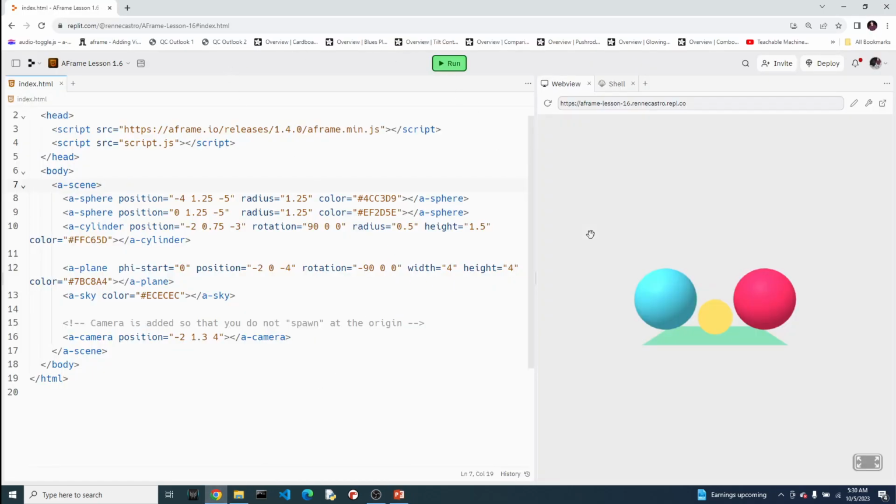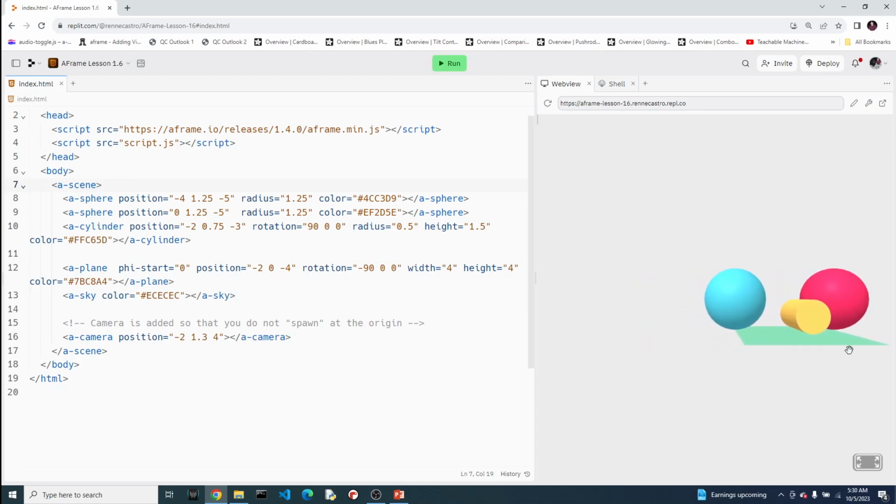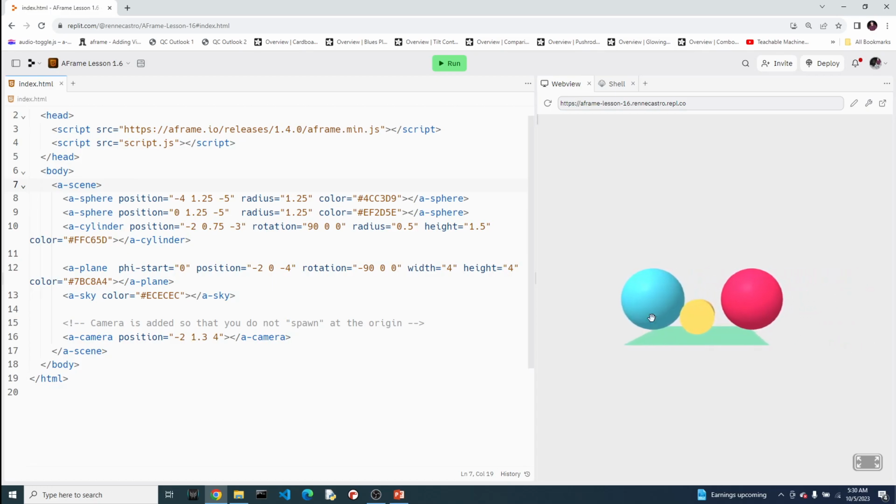Let's go run that. All right, so as our motivation, we have two spheres and a cylinder. I'm just going to give you a little side look. The cylinder's been rotated, so it's lying flat. And let's go ahead and play around with the scale property for